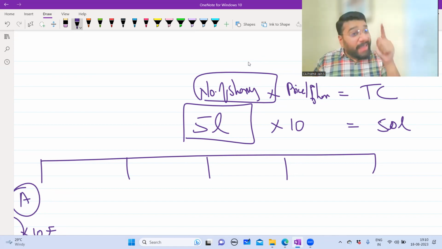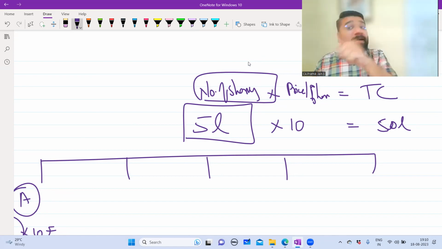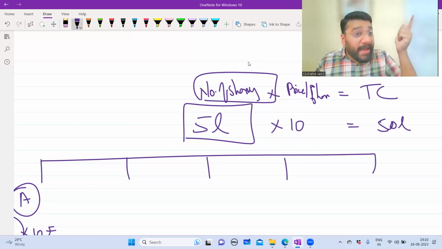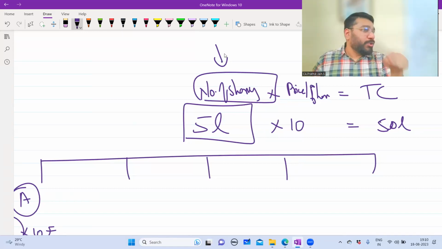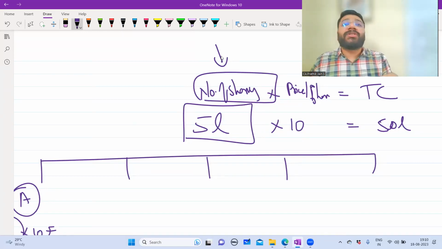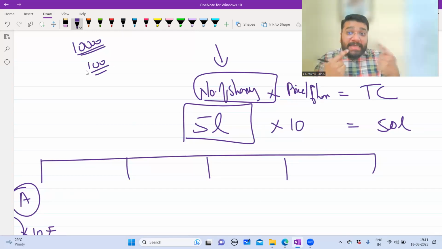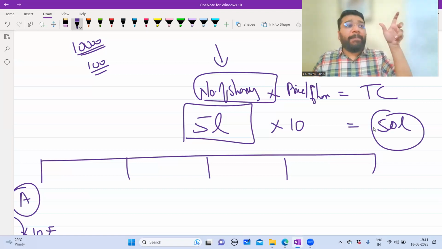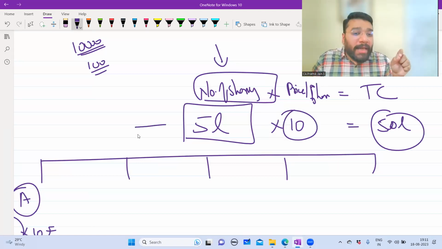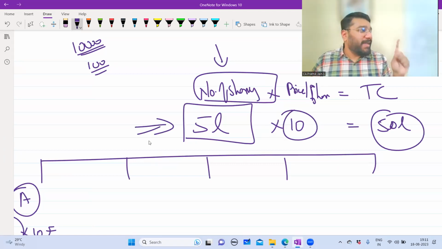But the capital of the companies, that too specifically the public limited company, is traded in the share market, and for that trading purpose, this quantity is very important. Today, if I want to buy Reliance Limited shares, I want to say I want to buy 10,000 shares of Reliance Limited. I want to buy 100 shares of Reliance Limited. So for ease of trading purpose, they have bifurcated this 50 lakh rupees total capital into smaller units called shares. Are you able to follow?